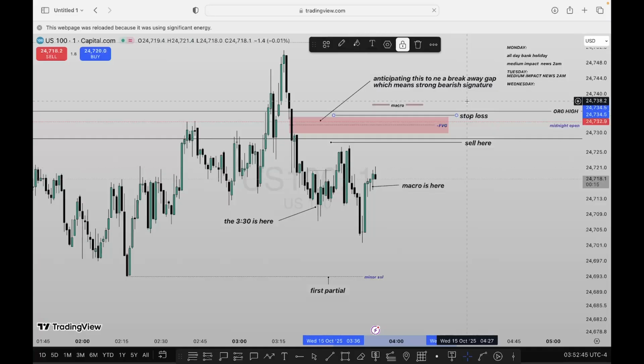My mind was there. But I was like, that inversion FVG will be used to support price to that FVG I drew out where my sell is. So I was like, this is going to support price back up, and then I'm going to continue selling. Price is going to continue selling from there. That was what I was thinking at this point in time.